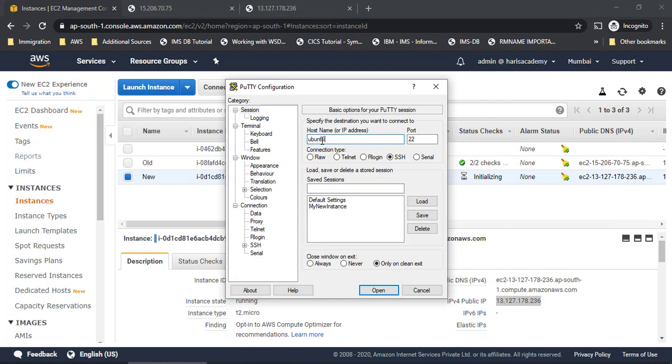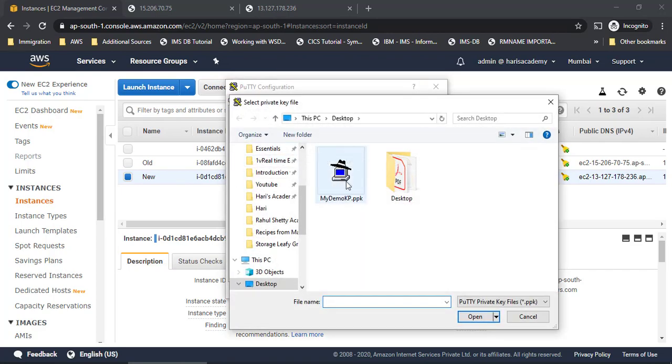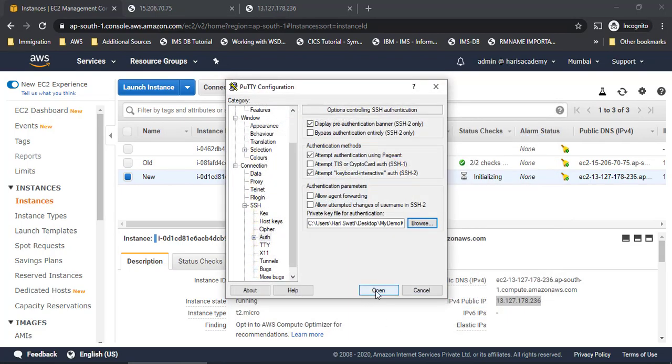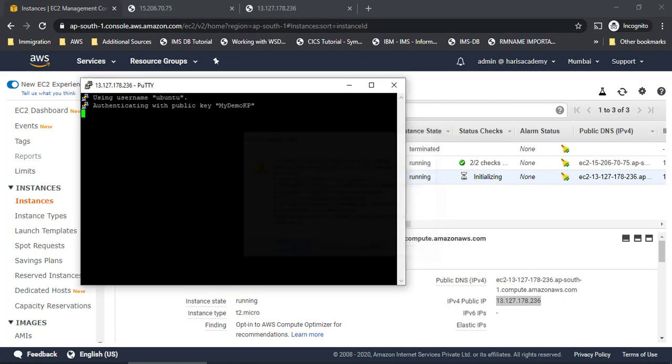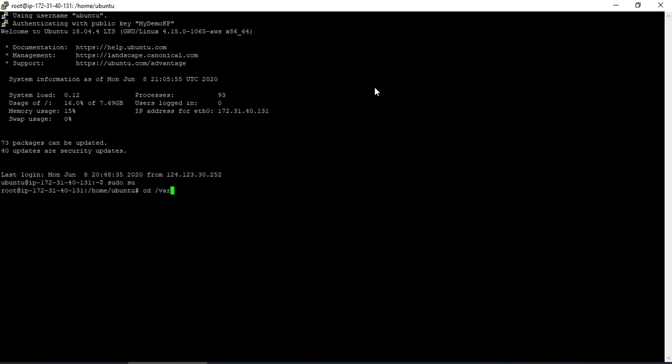I'll quickly go to Ubuntu IP address, go to SSH, auth, browse, and then I'll go with my demo key pair, then open it, and then I'll run sudo su. I'll go to cd /var/www/html and see what file is present over here. It is index.html.